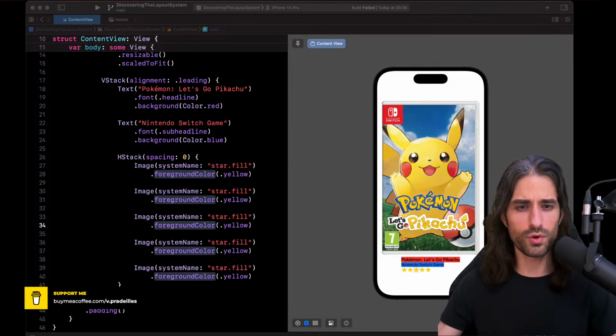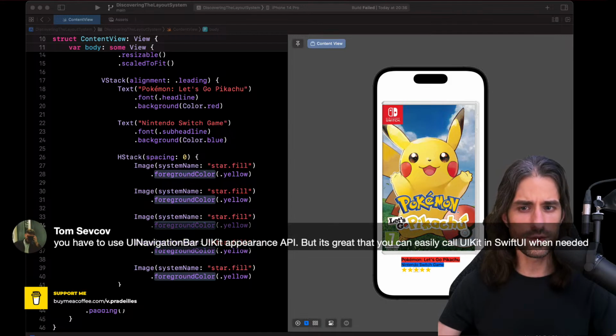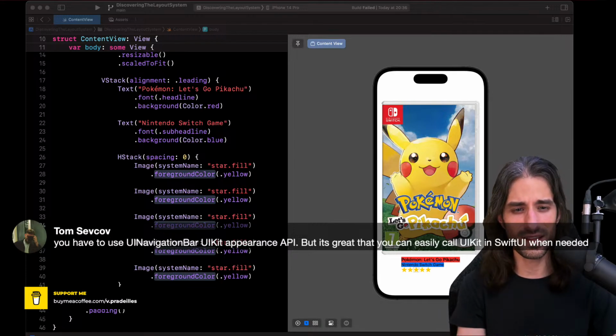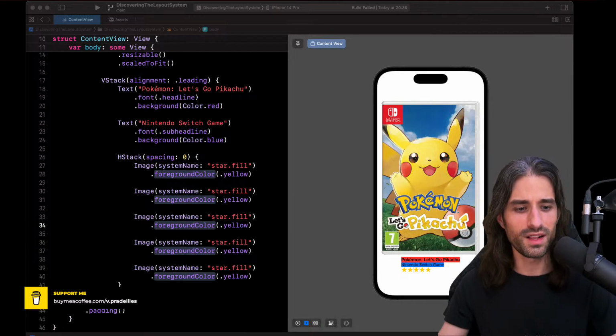You have much more control over it in UIKit than in SwiftUI for now. And you were saying you have to use the Appearance API, but indeed it's also a bit hacky. When you need to resort to UIKit to make something work in SwiftUI, it might be a sign that it might be easier to do it in UIKit altogether.